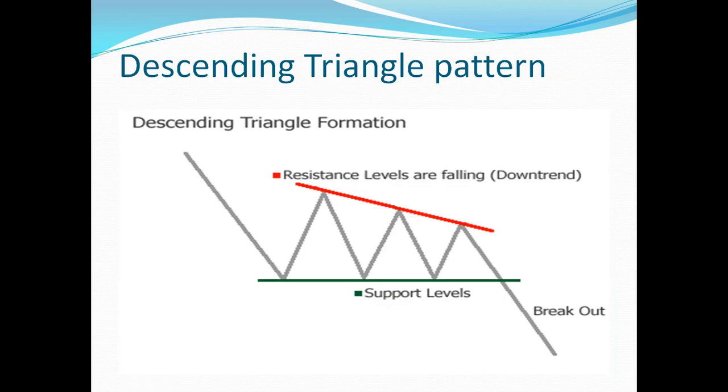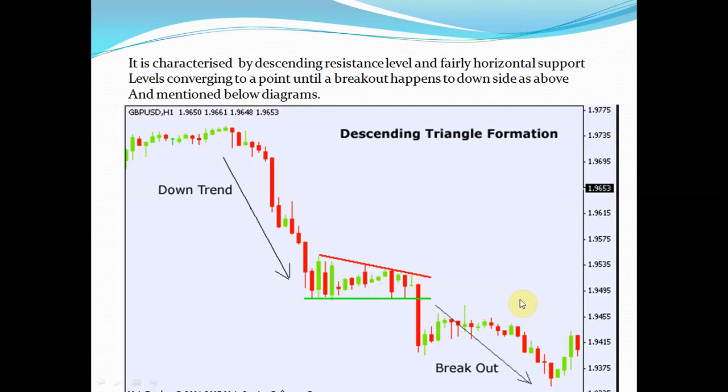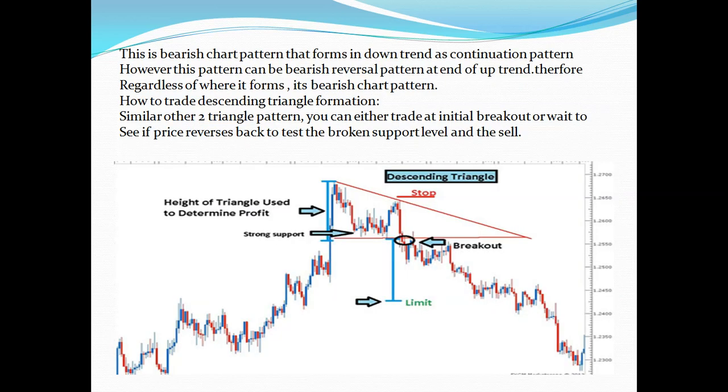The descending triangle pattern is a bearish continuation pattern for high probability trades, but it can easily be used as a buy setup as well if the upside breaks first. So for high probability trades we want to look for a breakout of the support level. See, this is the horizontal support, and if it is breaking out, you go ahead with the trade. You see here the descending triangle pattern. Here also it has been shown.